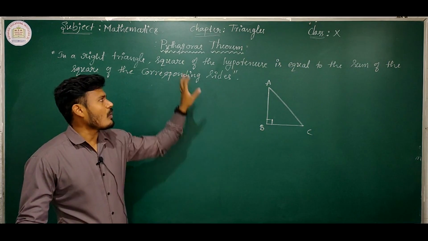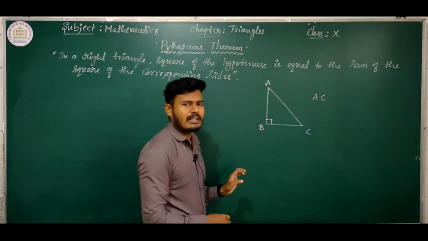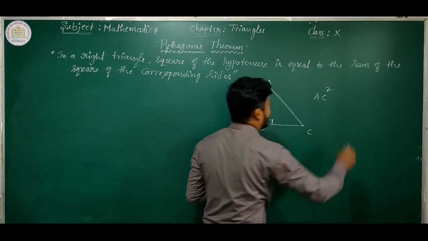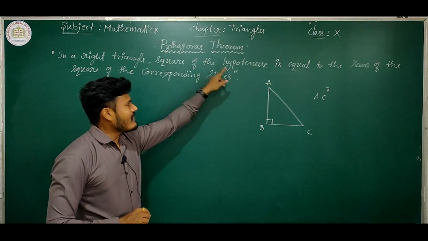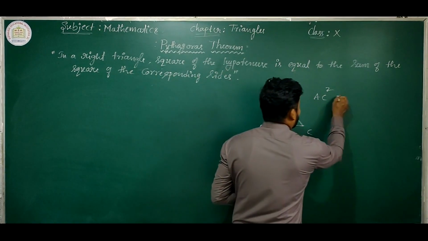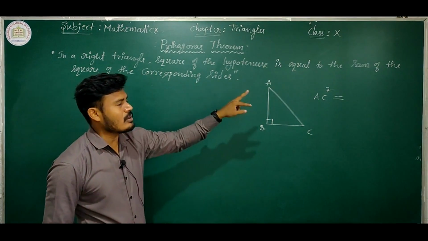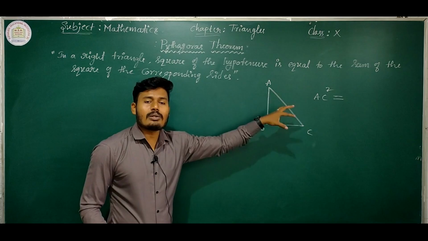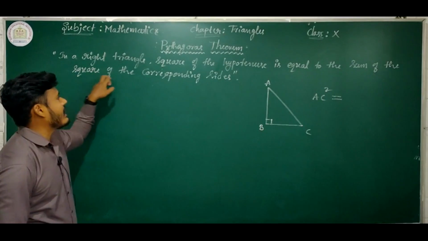Square of the hypotenuse means AC square, right? Square of the hypotenuse is equal to, and equal means we mark the equal symbol like this, the sum of the square of the